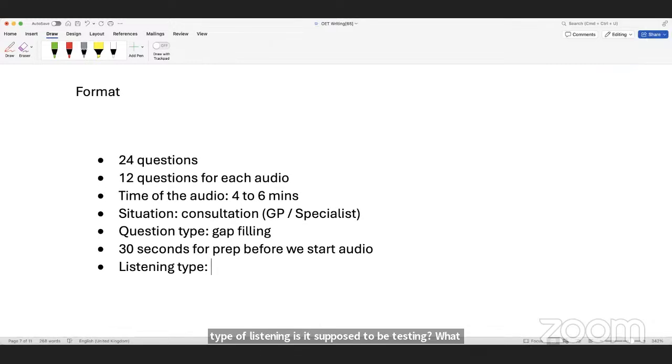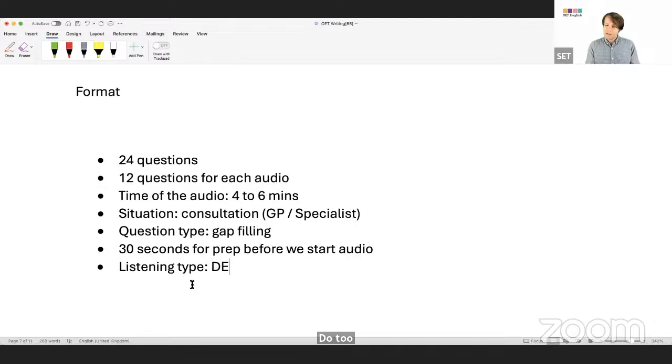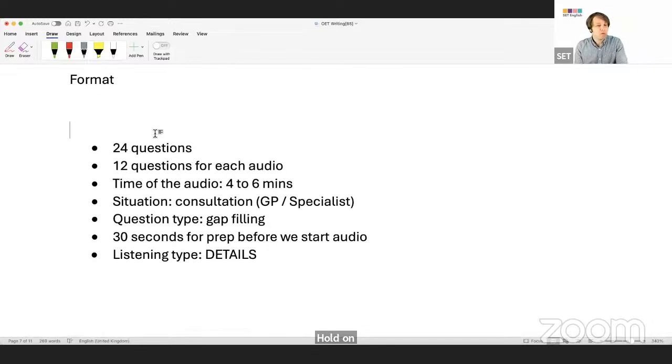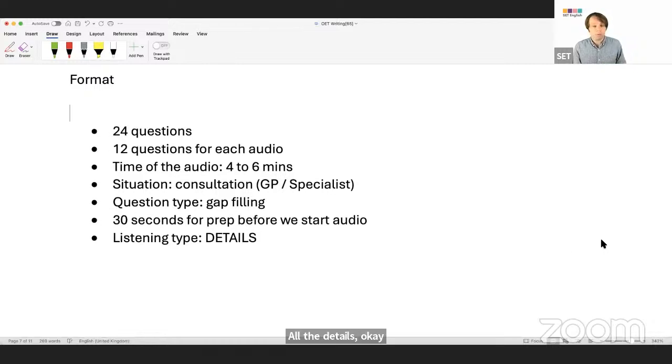We'll be talking about the patient, about the medication. Am I listening for understanding or for detail? For details, okay. This is where spelling becomes really important, because it's not multiple choice. We're not listening for a reason or trying to understand what's going on. We need to write down specific words.